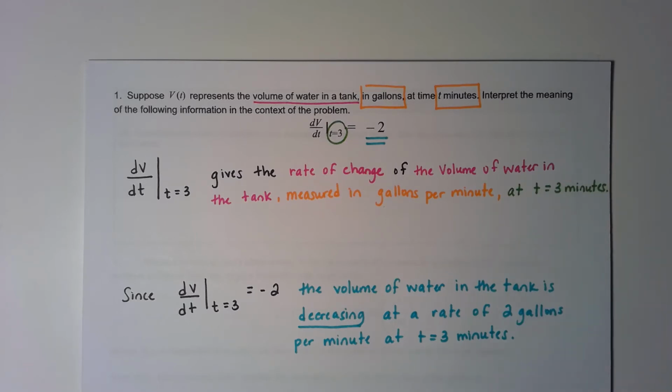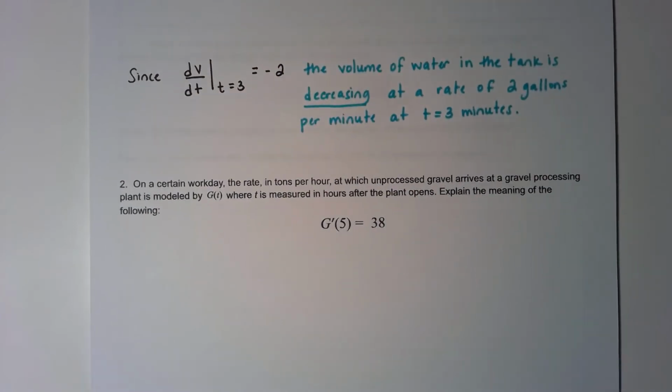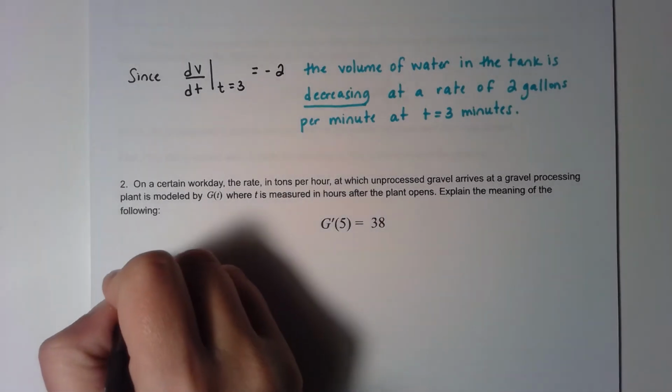Let's try one more. It says on a certain workday, the rate in tons per hour at which unprocessed gravel arrives at the gravel processing plant is modeled by G of T, where T is measured in hours after the plant opens. Explain the meaning of the following: G prime of 5 equals 38. Now, I'm going to start by saying G prime of 5 gives,